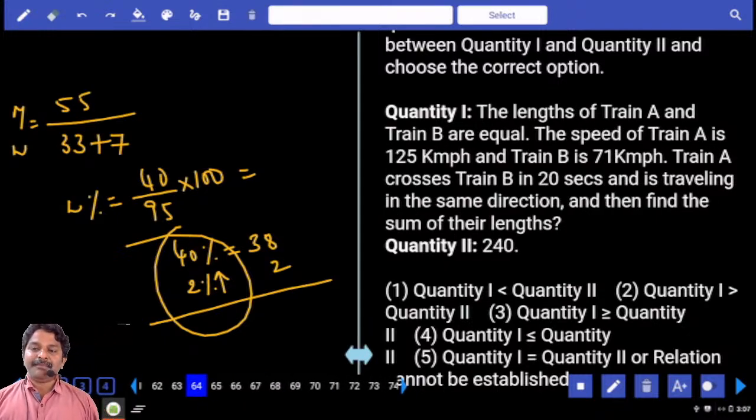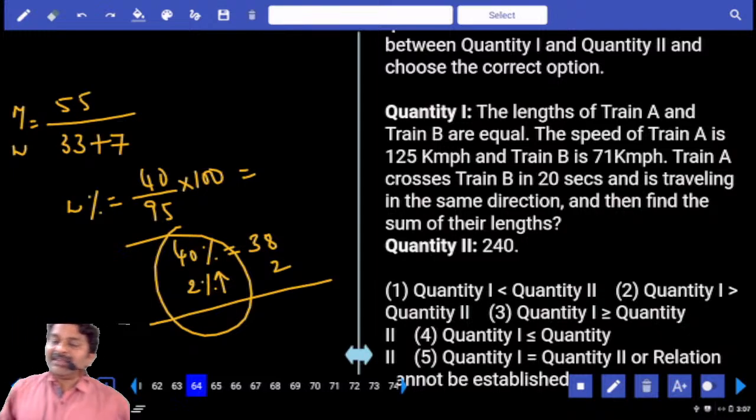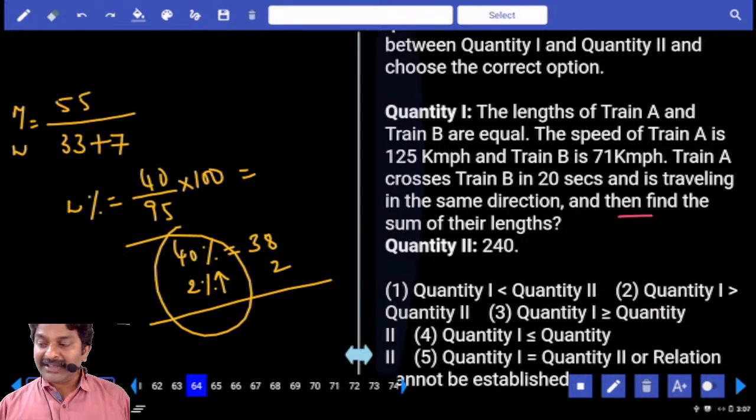The lengths of train A and B are equal. The speed of train A is 125 km per hour, B is 71 km per hour. Train A crosses train B in 20 seconds and is traveling in the same direction, and find the sum of their lengths. If a train crosses another train, distance covered is